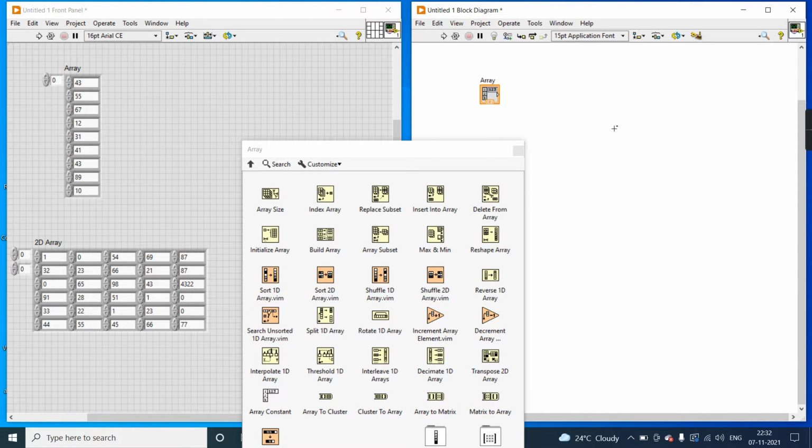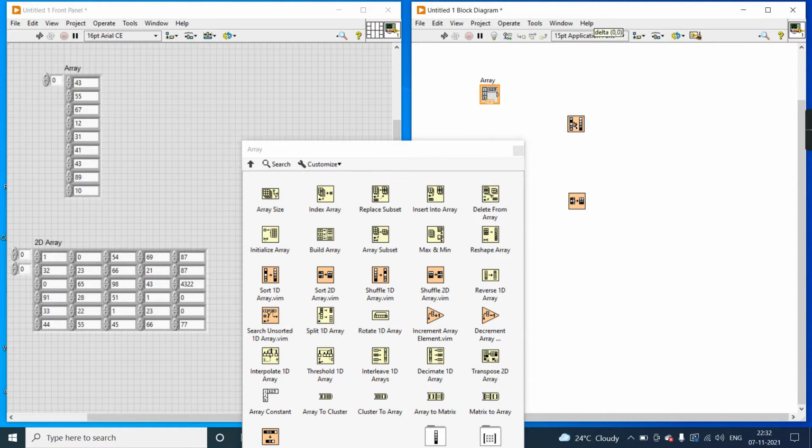Now, first we will learn the function of sort 1D array and sort 2D array. Pick it up from here and keep it here, both 1D and 2D. The function of sort 1D array is that it returns a sorted array of the unsorted array, with the elements arranged in ascending order. You can see we have an unsorted array from element 0, with 4 random numbers. So it arranges the unsorted array into a sorted array.